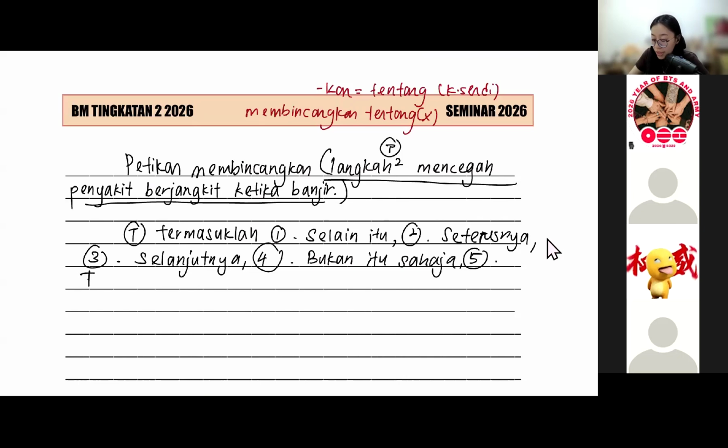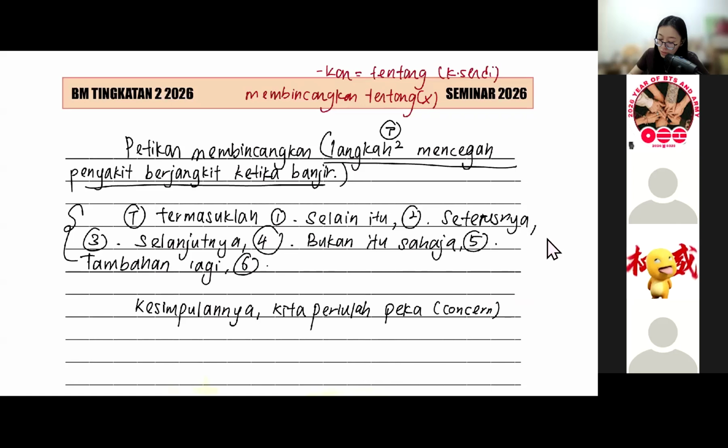Okay, and then just tambahan lagi for your number 6. So this one, exactly same how you write for ringkasan, just that they need 6 isi for rumusan. Kesimpulan, you need to conclude again who have to do something. So this one situation is actually everyone will be facing ma. So you can say kesimpulannya, kita perlulah, we have to peka, concern akan aspek keselamatan, which is our safety,